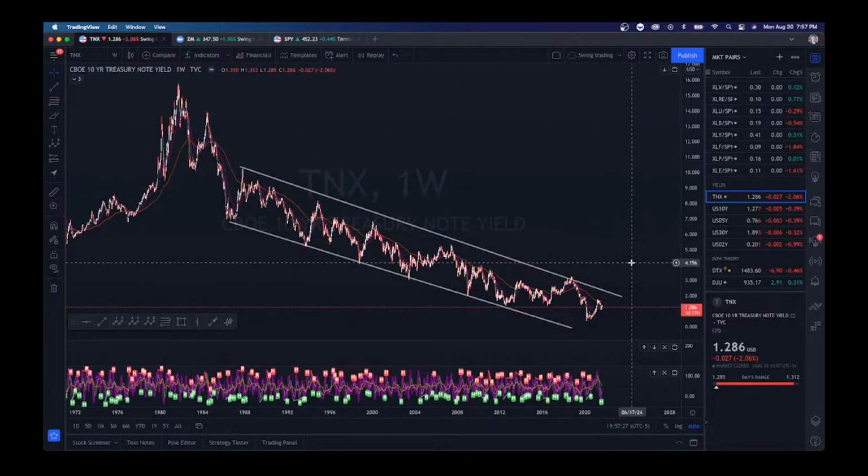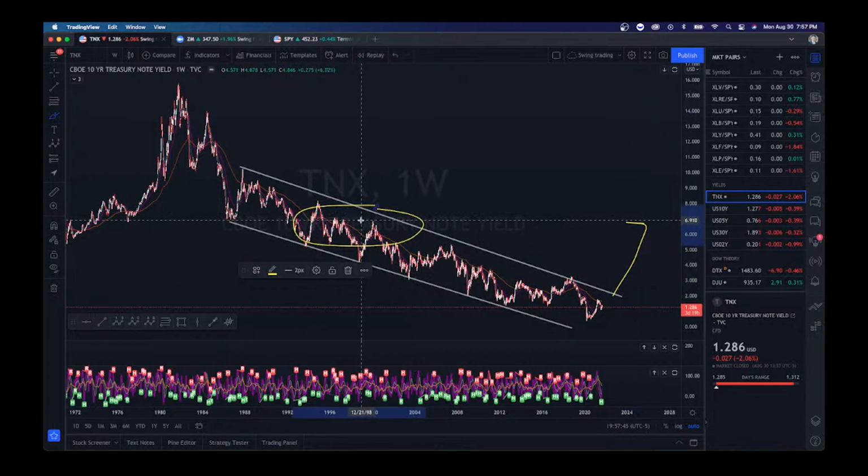So until we break upwards out of this, I'm not going to be really bearish on bonds anytime soon, because yields are inversely related to bond prices. So as long as these yields continue to go down, bond prices should continue to increase. But as soon as these yields start to break back up and go back to the 1990s levels of maybe a 7% yield on a 10 year note, meaning you have to have like probably a 7